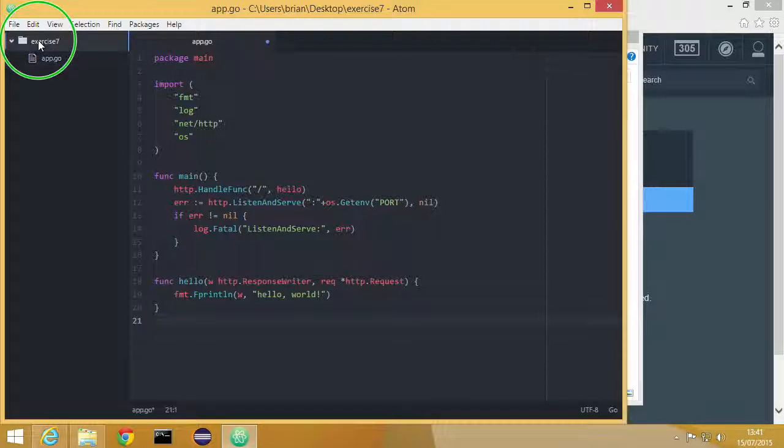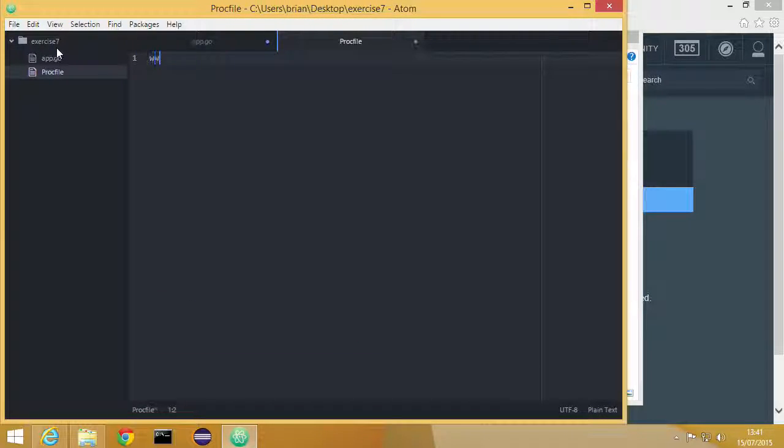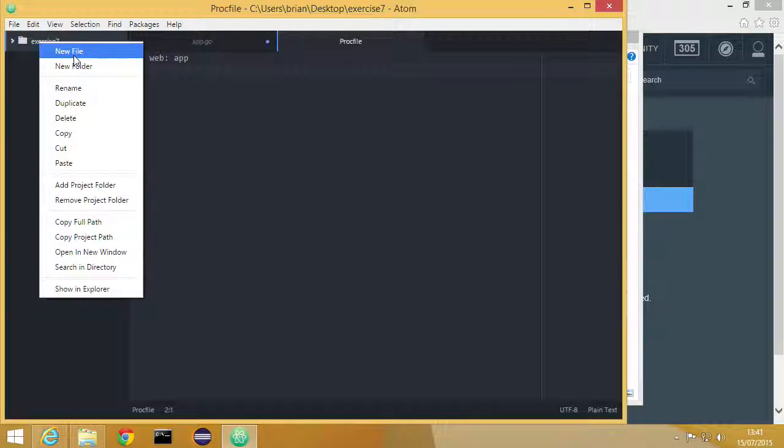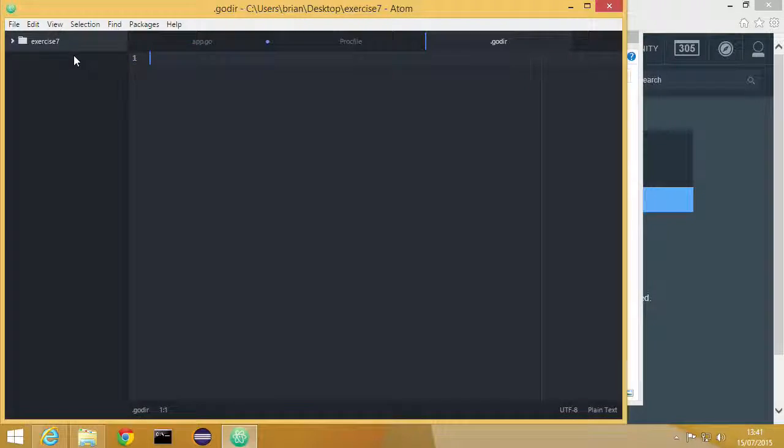We need to create another 2 files. The first one we call Procfile, and that is simply web: app, and then save that. And then finally we create another file called .godir, and that simply has the name of the app to start. So we just need to make sure that we save all 3 files